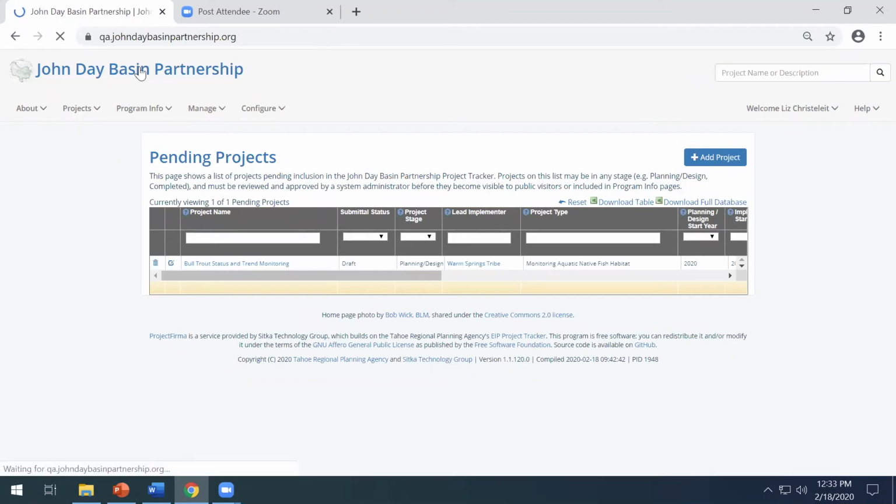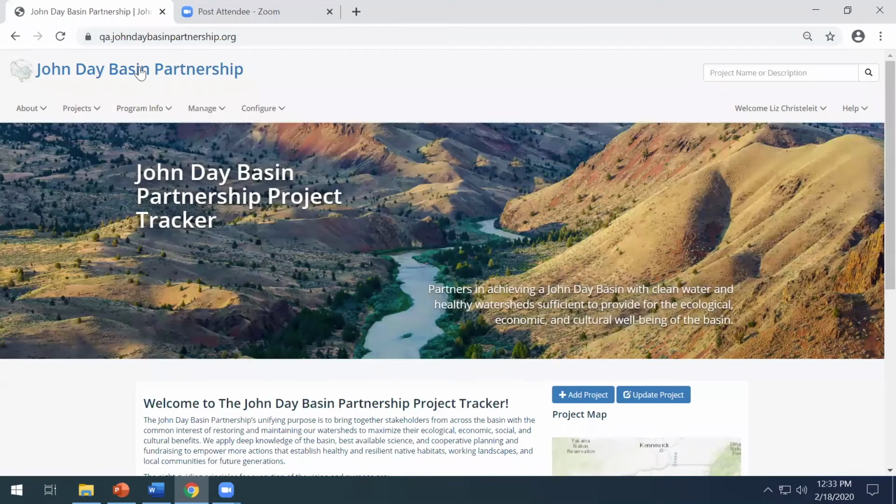All right, I want to move on to how to approve project updates. So this is slightly different, but also very similar in that it's the same sort of draft, submit, review, approve, or return workflow. But in this case, we're talking specifically about updating an existing project in the project tracker. So you will want your project sponsors or project implementers to periodically update their financials, their metrics, or other information about the projects. To ensure the data quality in the system, updates must be approved before those changes go live